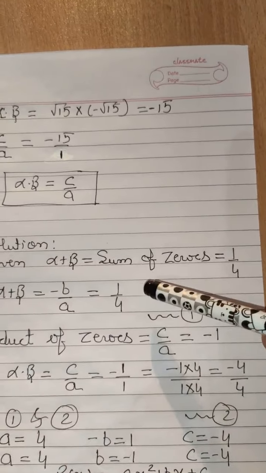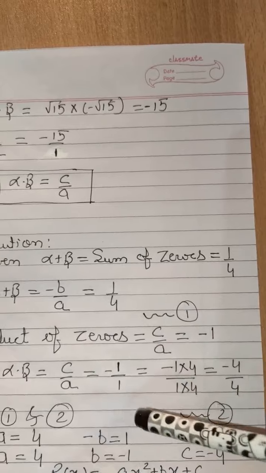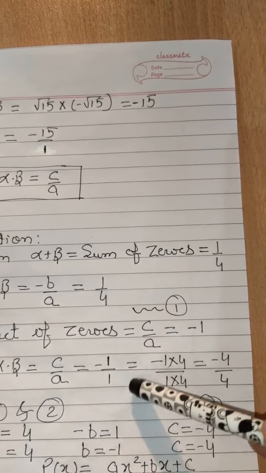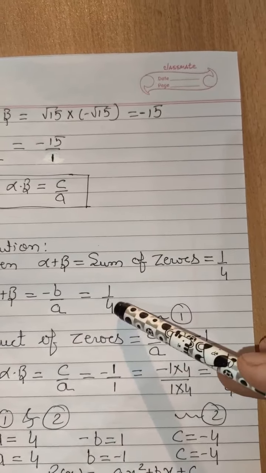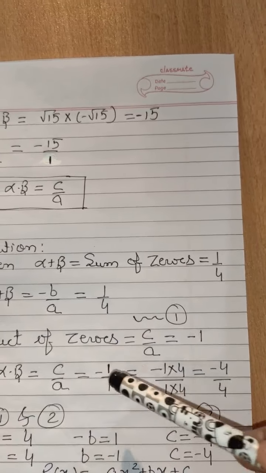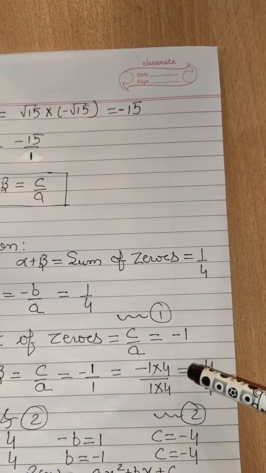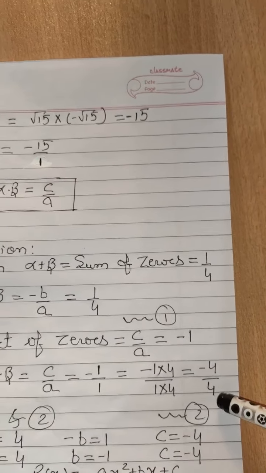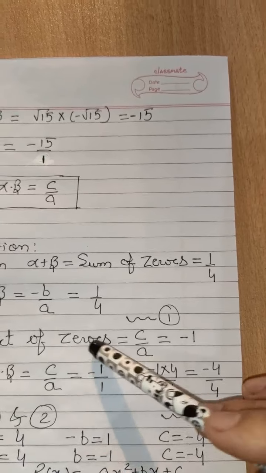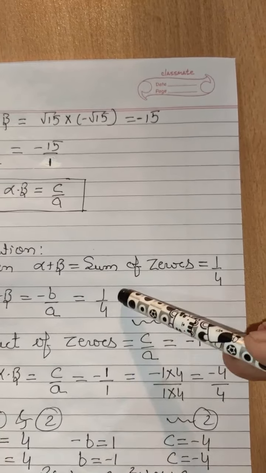So the denominators of both fractions will be the same, because here it is A. We have to change this 1 to whichever is greater, so here the value of A is 4. So we are multiplying by 4 in numerator and denominator. What are we getting? Minus 4 upon 4. If you change it to the lowest form, it is minus 1 upon 1 only. Now you can compare in both cases.